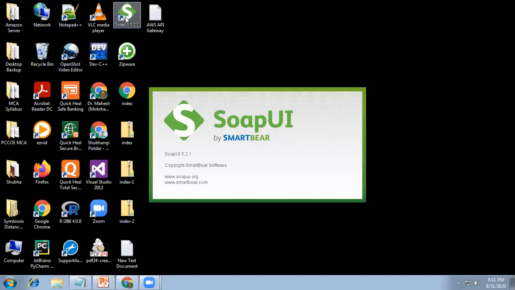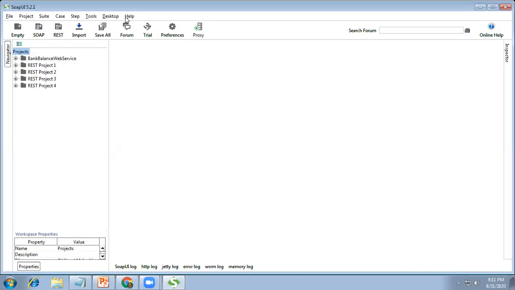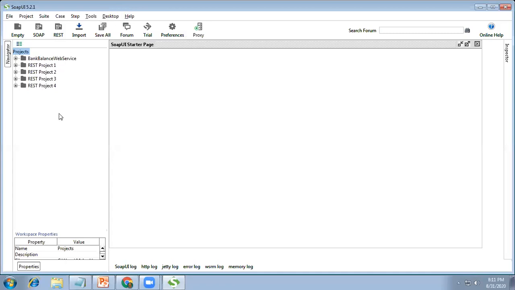You can use SOAP UI or you can use Postman as a testing tool. Generally, companies use SOAP UI and Postman for testing RESTful APIs. So this is the SOAP UI environment, and we want to test the REST API.